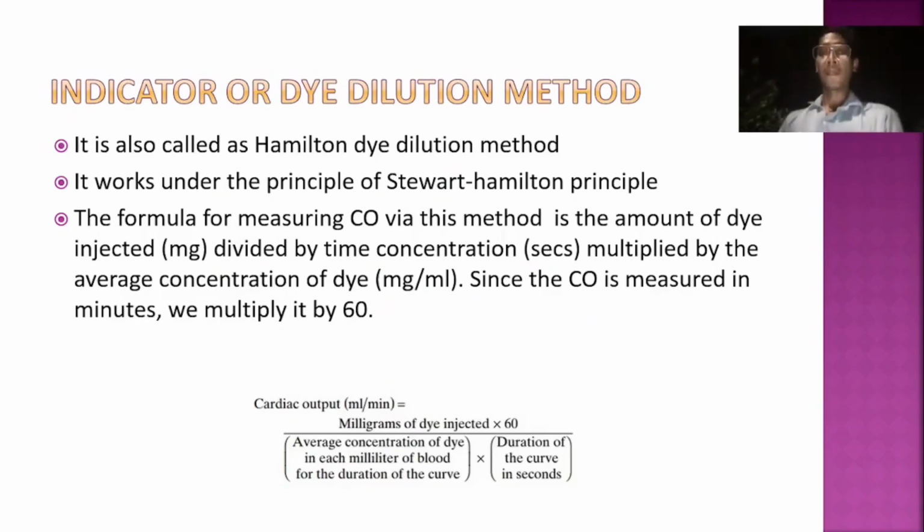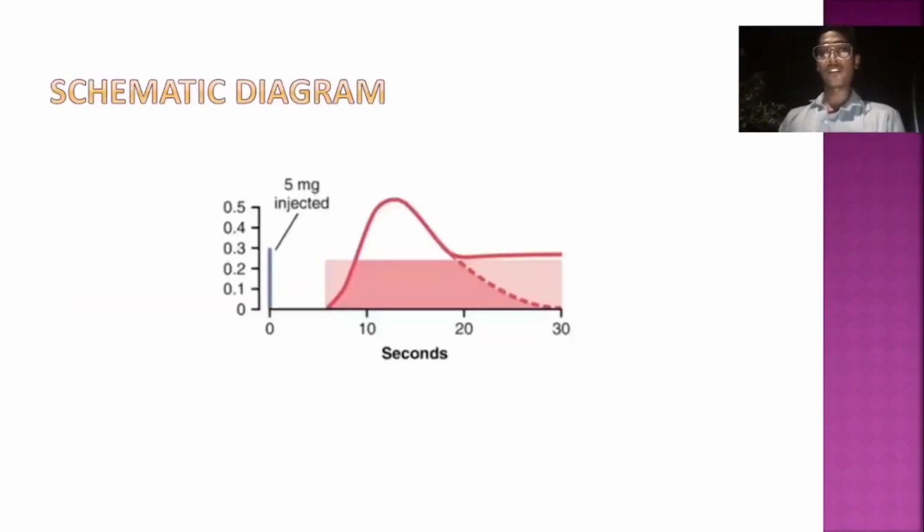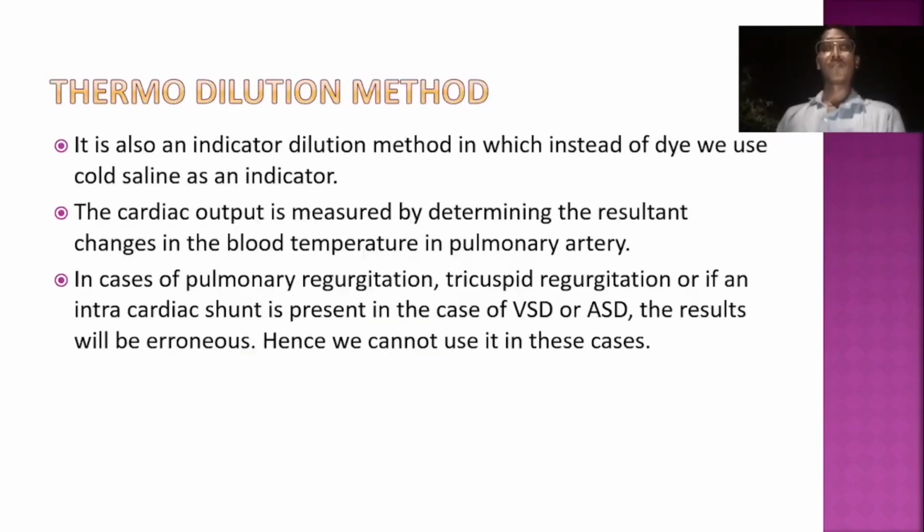Then the indicator dilution method, or dye dilution method, is used to calculate cardiac output by dye injection divided by the time concentration curve, which we can use here as a graph, so we can easily identify how many seconds it takes after injecting a dye and how many times it can reach multiples of it. So, the thermodilution method